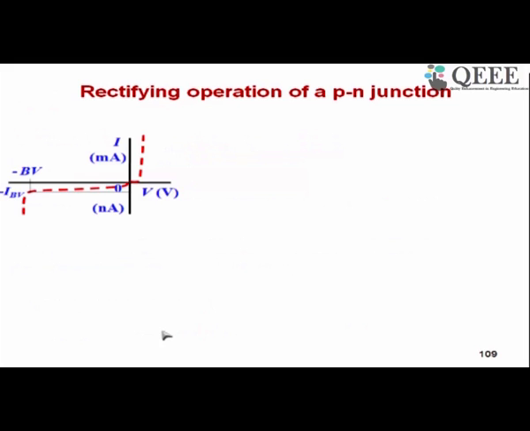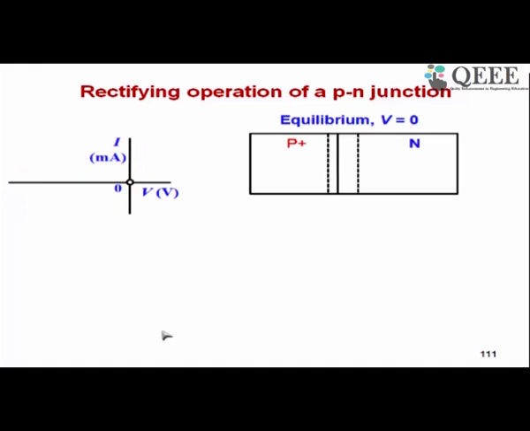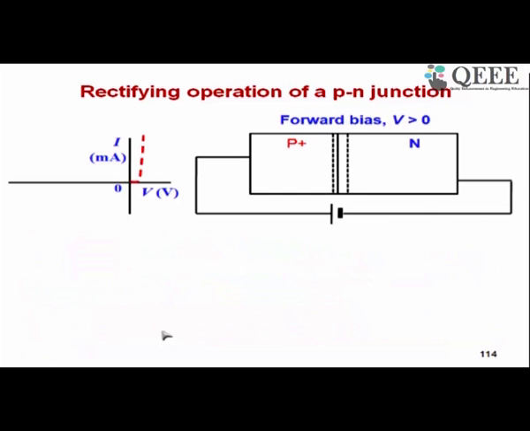Now let me recapitulate what we did in the operation of a PN junction, so that I can then build up from there and discuss how a bipolar junction transistor works. We explained the operation of a p-n junction as follows. Under equilibrium, a space charge region is created. In this space charge region, the drift and diffusion are in exact balance.